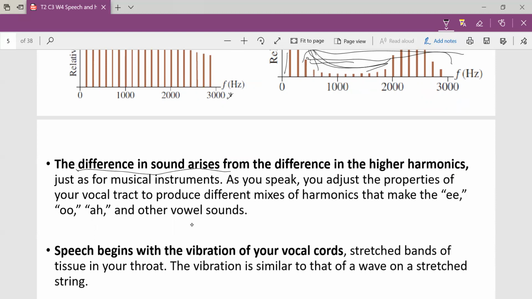And we have already established that sounds are produced by suppressing the frequencies around the fundamental, which is the first formant. Okay, so as you speak, you adjust the property of your vocal tract to produce a different mix of harmonics to make the sound, such as o, a, and so on, and other voice sounds. So that is why when you go for a vocal checkup or treatment, they ask you to make certain sounds so that they'll be able to see through the vocal cord and also see how it connects to other connecting pipes or openings such as your ears, your nose, and so on.